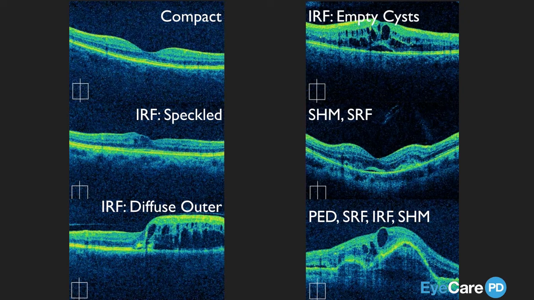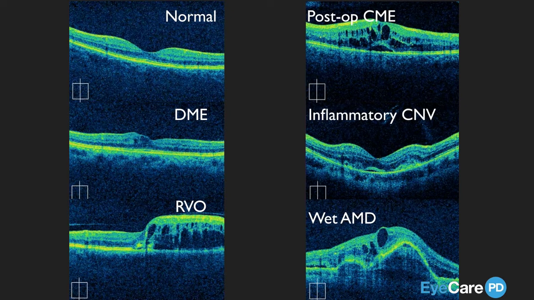All of these descriptions will in turn lead you to be able to come up with a diagnosis. In fact, if you look at these 6 images, they're fairly typical for these diseases. Boom, there you go. You've got normal, diabetic macular edema, a retinal vein occlusion, post-op cystoid macular edema, inflammatory choroidal neovascularization, as denoted by the fact that there's 2 foci of choroidal neovascular tissue, and finally, on the bottom, wet